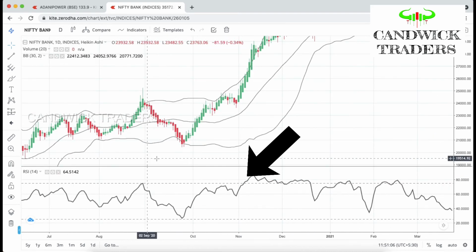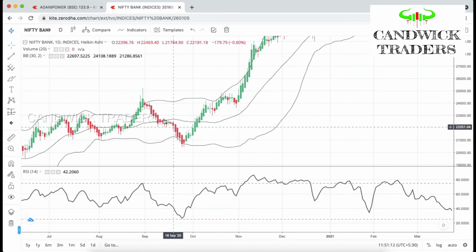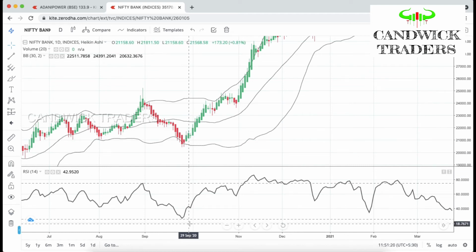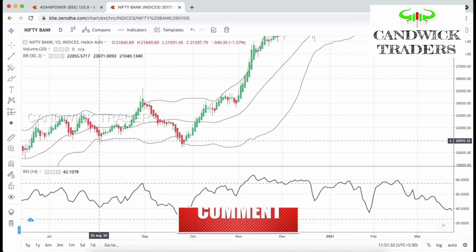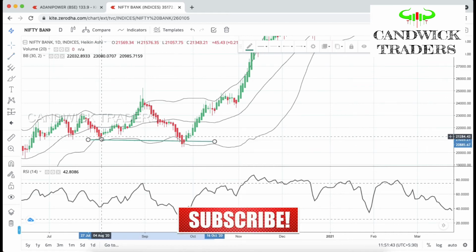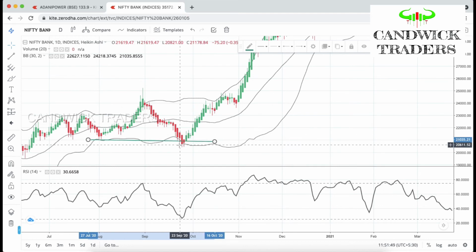This is another best example to take the trades. Whenever the price is touching or hugging the lower band and moving upwards and forms a green Heikin-Ashi candle, and RSI also has taken support at 25, we can go ahead and initiate buy trades at these levels, and this is the stop loss. Already here it formed a swing low also at the same levels. It is bouncing back from these levels. We can take it as a good entry here.